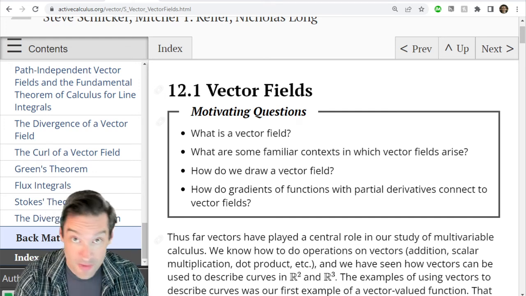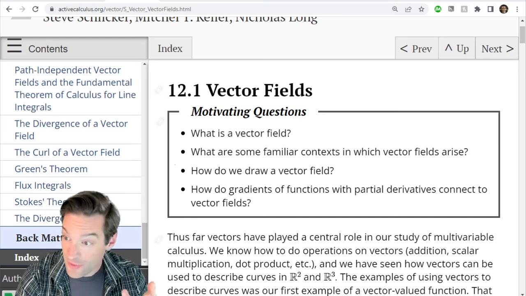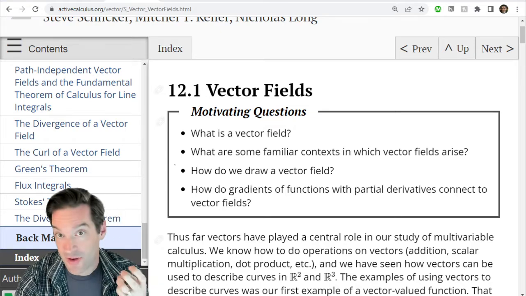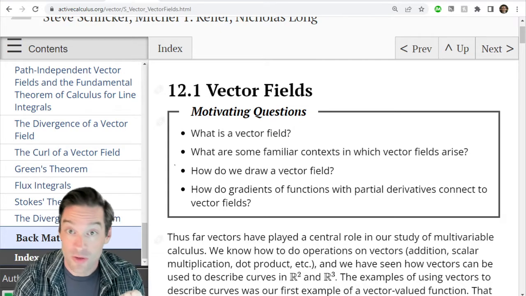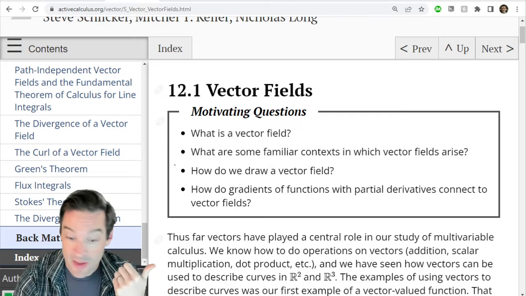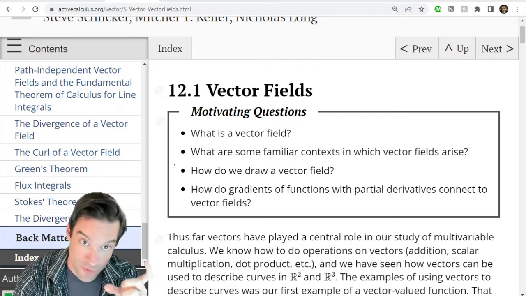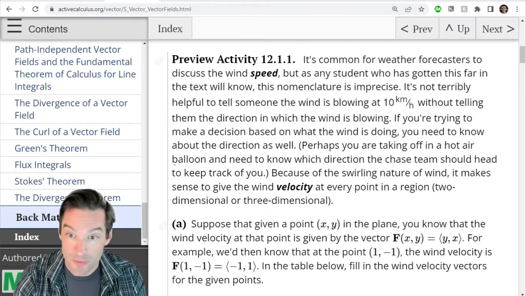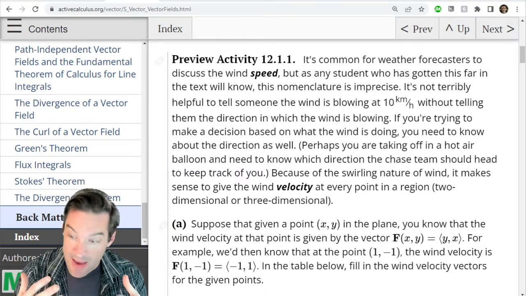So our first task for understanding vector fields is to come up with a way of visualizing. How can I understand vector fields from, first of all, a numerical, data-driven point of view, and then also from a graphical one? How can I draw a picture that shows me what a vector field is all about? And so the example that we worked through in this preview activity asks us to think